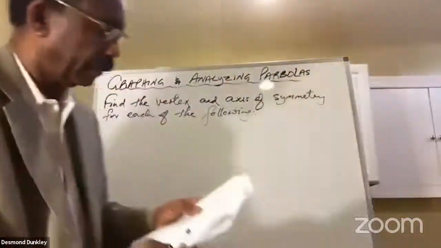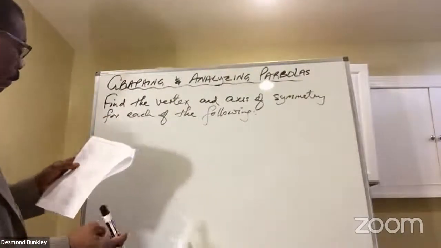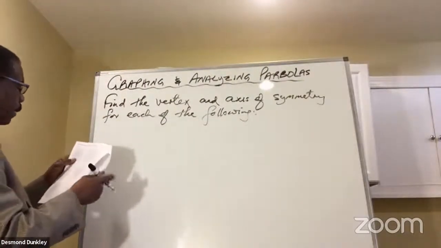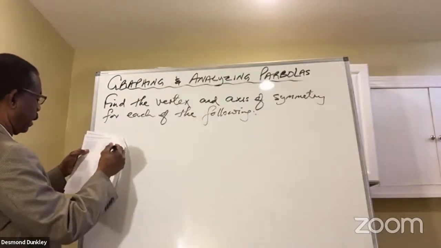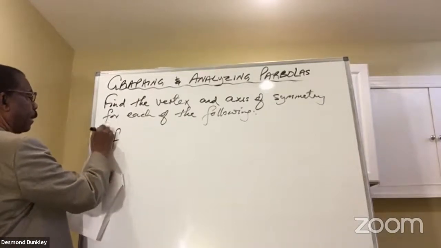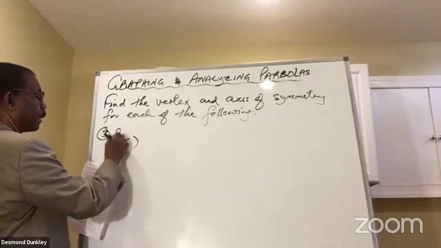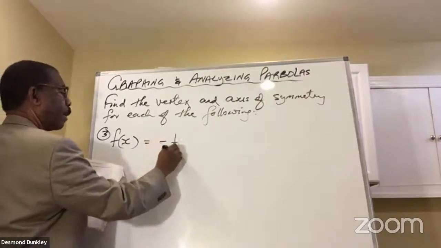Okay, here we go. So here's another one. This is number 3. F of x is equal to negative a quarter x